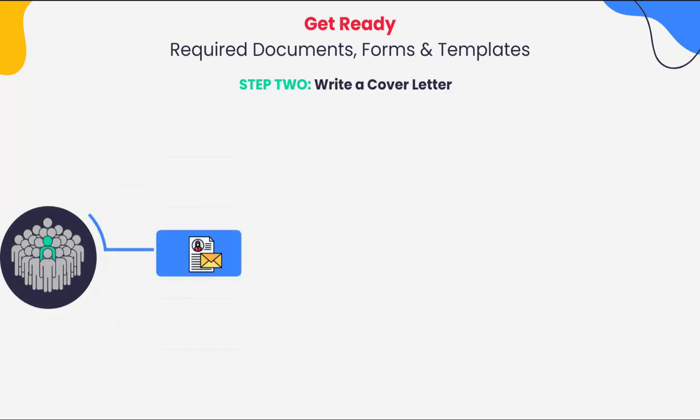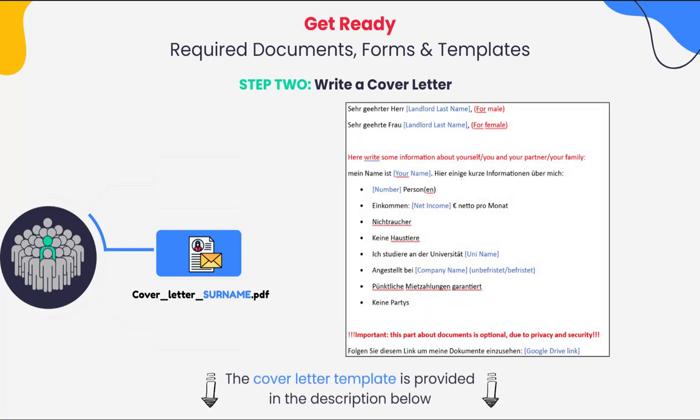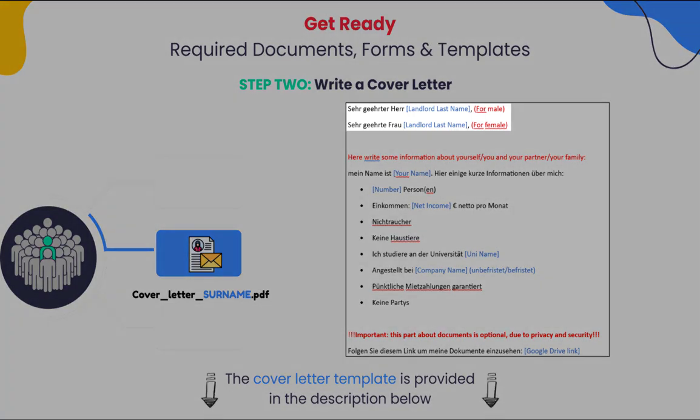The next step to stand out is your cover letter. First, let's focus on the formal version. This formal cover letter is for companies that list rental properties or private landlords. We have provided a template in the description. Here's how it works. Blue fields, fill these fields with the relevant information. Red are notes, just notes for you. Read them and then delete. For example, if the contact person is a male, you will use sehr geehrter Herr plus last name. If it's a female, you will use sehr geehrte Frau plus last name.